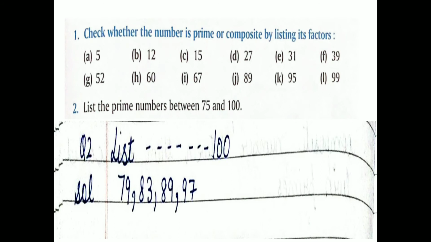Now students, we do question number 2. Question number 2 is list the prime numbers between 75 and 100. Means you have to find the numbers which only come in their own table. So if we see, 79 is a number which does not come in any table. After 79, 83 does not come in any table, 89 also and 97 also. These 4 numbers do not come in any table, so these are called prime numbers. Even there is a table given in your book, you can see from there, the circled numbers are the prime numbers. Clear, students? You have to write in this manner in the maths copy.